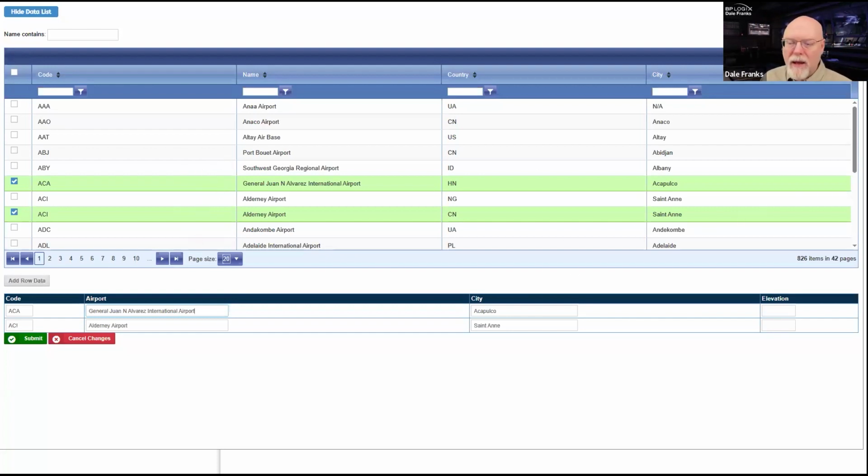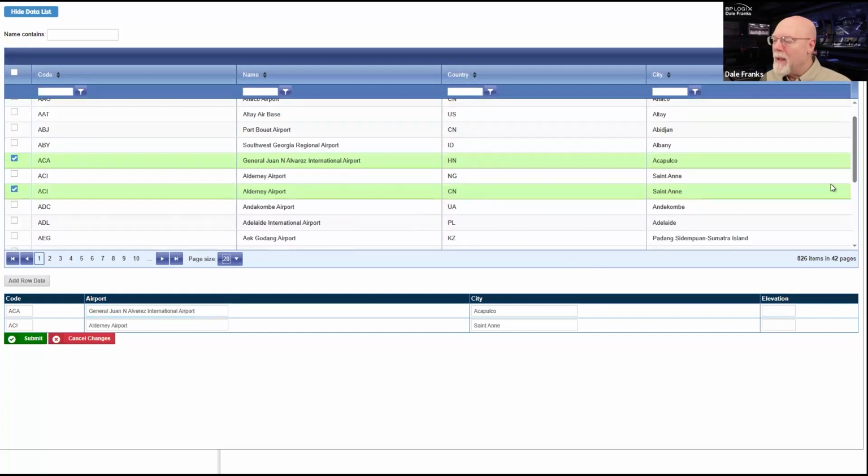Now I think in this particular one, I don't have the elevation showing. So I must have turned that off and it's not transferring. So I'm going to have to go back in and fix that. But I'm going to rebuild it anyway. So for now, we're just going to live with it. And I am going to go back to the other server and attempt to rebuild it off of there.